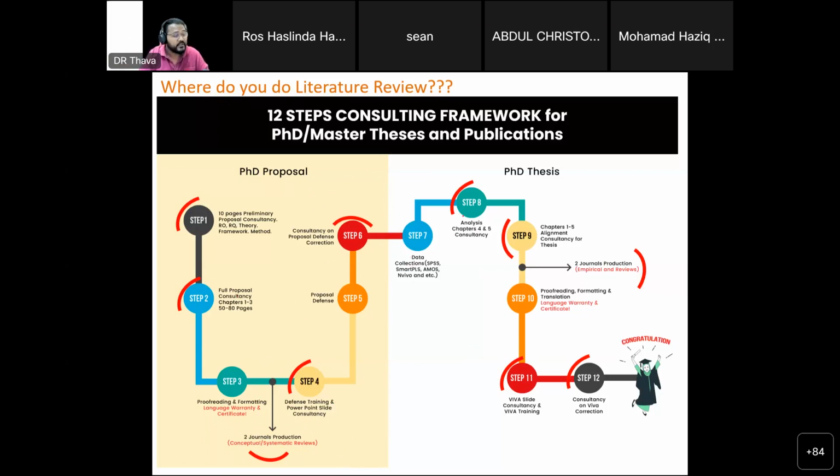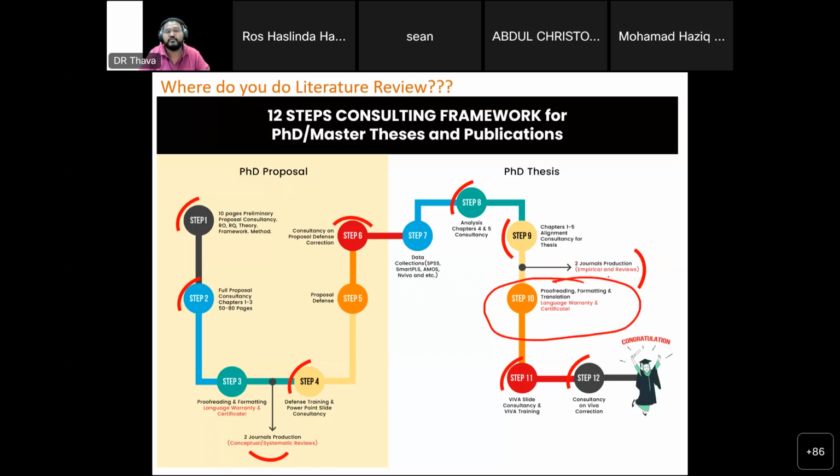Okay. So, data collection, we normally work on SPSS, AMOS, Smart PLS, NVivo, EViews, Stata, MATLAB, and so on and so forth. Okay, then you finish your chapters 4 and 5. This is the backlinking part. Remember I explained earlier, this is where you bring your chapters 1 to 3, you bring your chapters 4 and 5, you combine, update chapters 1 to 3, add more references, expand that, make sure it aligns with chapter 5, and then you complete your chapters 1 to 5. It's not just copy and paste all chapters 1 to 5. It's not that easy. Okay, then from there, you can extract 2 more journals if you want to. 1 more empirical, 1 more meta-analysis, or 2 empirical, up to you.